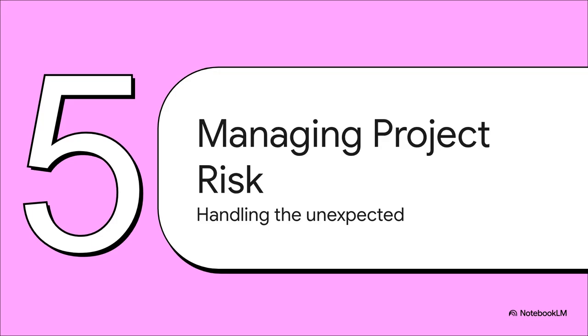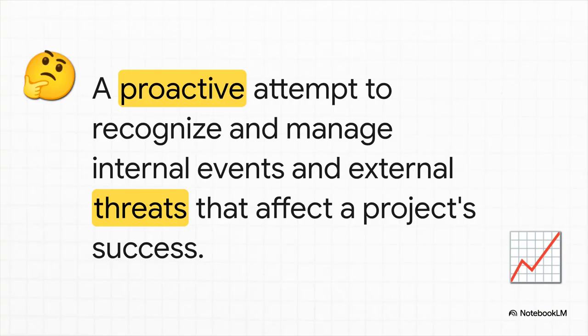Because whether your project is super traditional or fully agile, there's one discipline that you just can't skip: managing risk. And this isn't just about stopping bad things from happening, it's about being ready for anything. The most important word on this slide is proactive. Good risk management isn't about running around putting out fires. It's about thinking ahead. It's about asking what could go wrong, but also what could go right. It's about looking at both threats and opportunities.